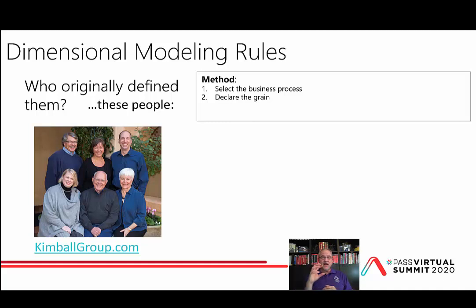Is it the customer itself? Is it the individual person from a customer who placed the order? And again, that's what we mean by the grain. How low do we need to go across each of these dimensions? And then that determines what we're going to store in the fact tables. Then we identify all of the dimensions and the attributes of those dimensions, and then that helps us craft the facts.